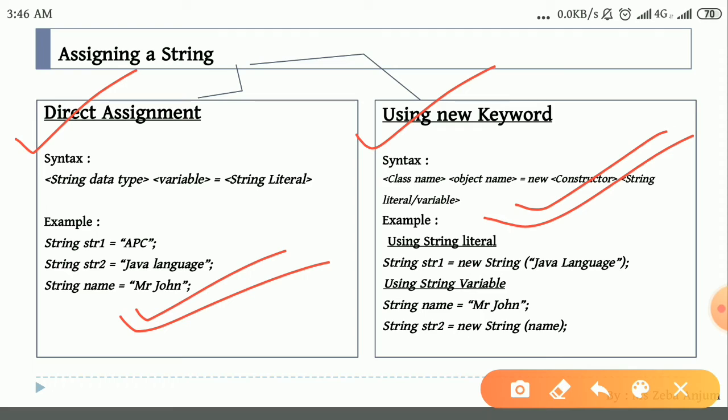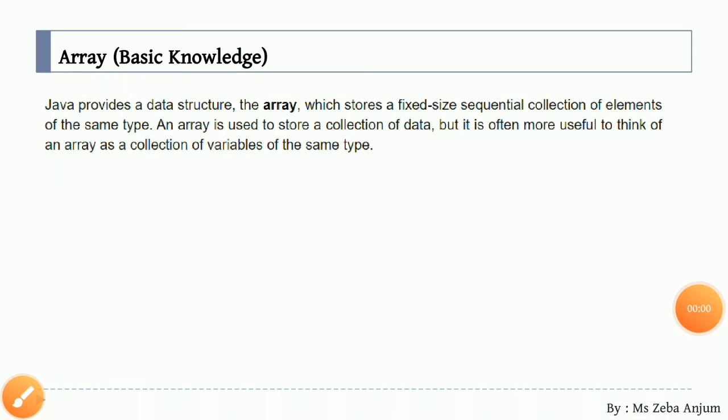Okay, so moving on to the next topic, that is about your array. Now let us talk about array over here. We have already talked about the sequence of characters. Yes, we said that our string is nothing but a sequence of characters. Now by this array we are going to understand how your string is going to be stored in your memory. Okay, what is the meaning of sequence of characters we are going to learn over here.